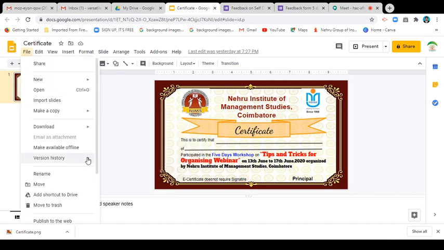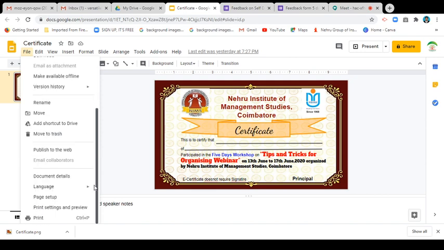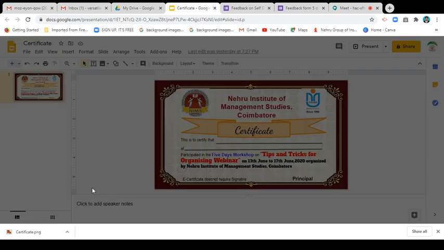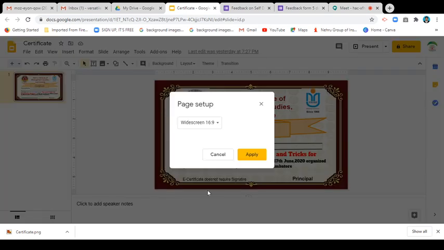Yeah. So here we go down. Here the page setup is there. Yeah, widescreen setup.